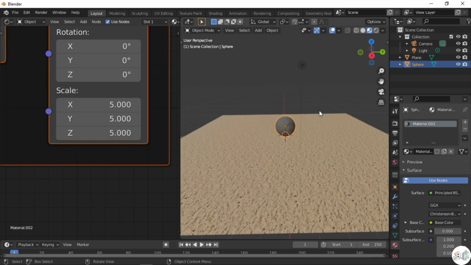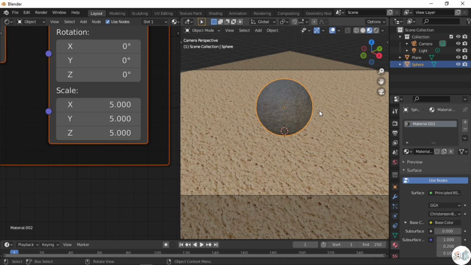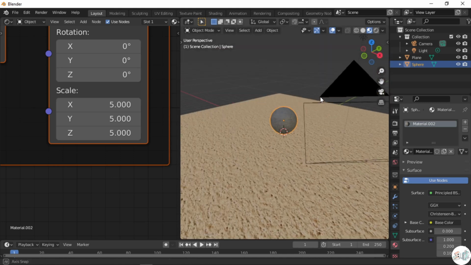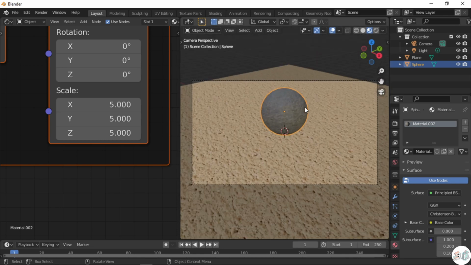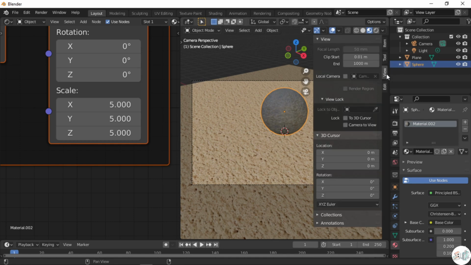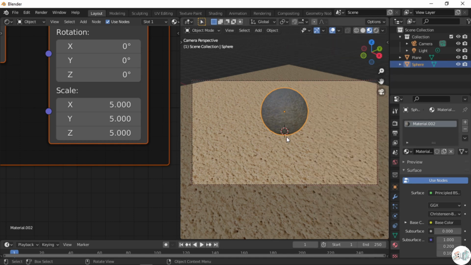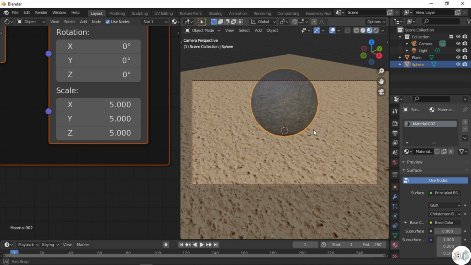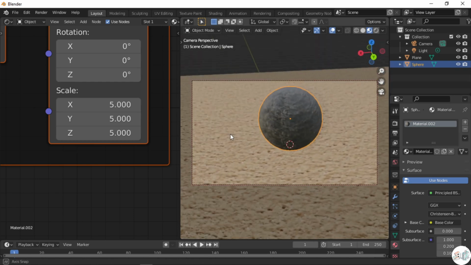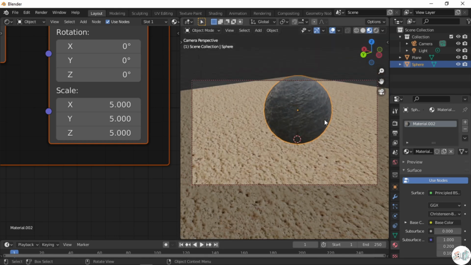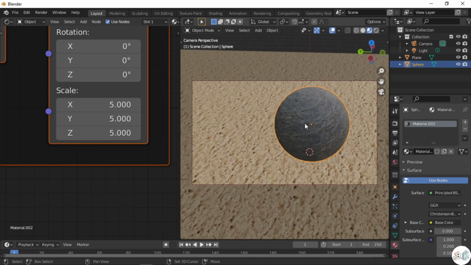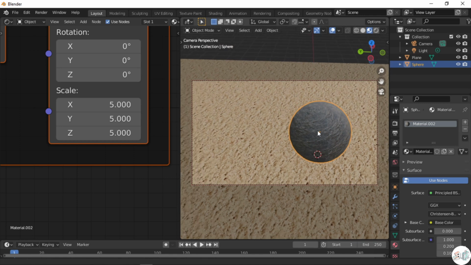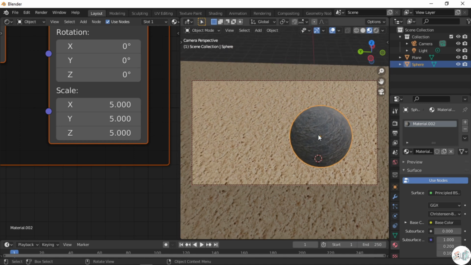If you go into the camera view by pressing 0, you can already see that we have the stone on the surface of a sand. So now I'm going to adjust the camera by pressing N and going into the view. I can lock the camera to the view. This helps to set the camera to whatever position that you want. For example, I have set this camera over here so that I can get a clear look at the details and the sun. Remember one thing, the key point for your render is the camera positioning.